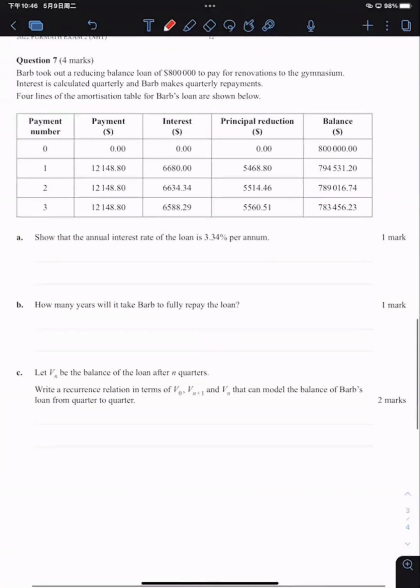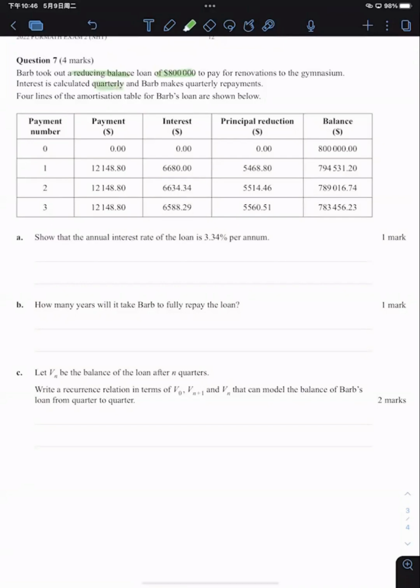All right, question 7. Barb took out a reducing balance loan. Once you see this kind of term, reducing balance, please use the financial solver in your calculator. Do not simply consider that you can do the calculations separately. No, use the financial solver, please. The loan initially is $800,000